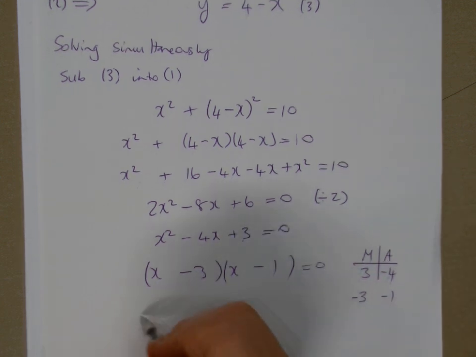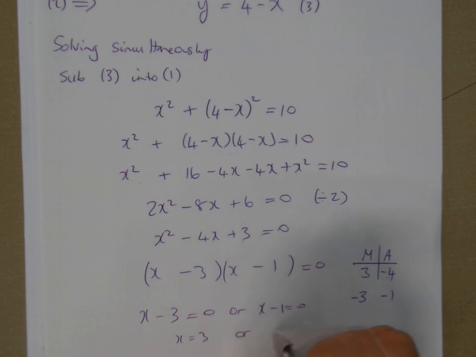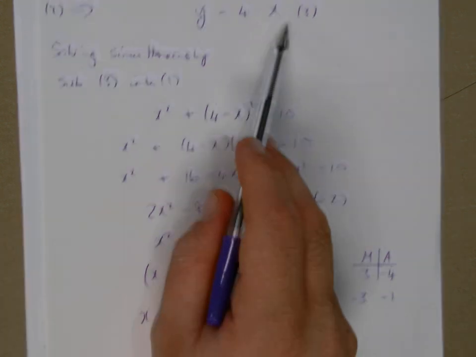So 2 brackets multiplied together equal to 0, that means one of them has got to be 0. So the first bracket's got to be 0, or the second bracket's got to be 0. So x will equal 3, or x will equal 1. And all I've got to do then is sub it into equation 3